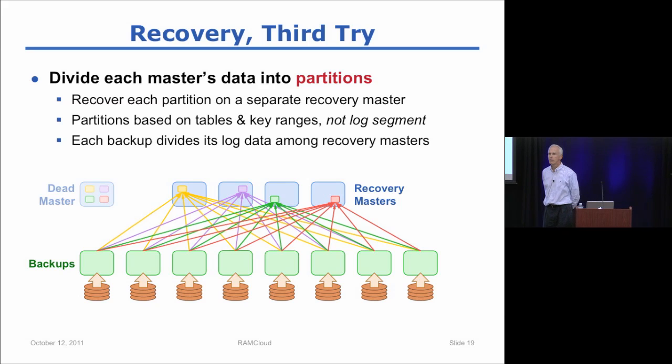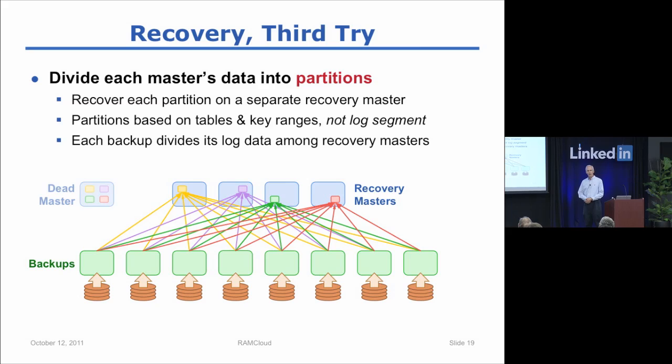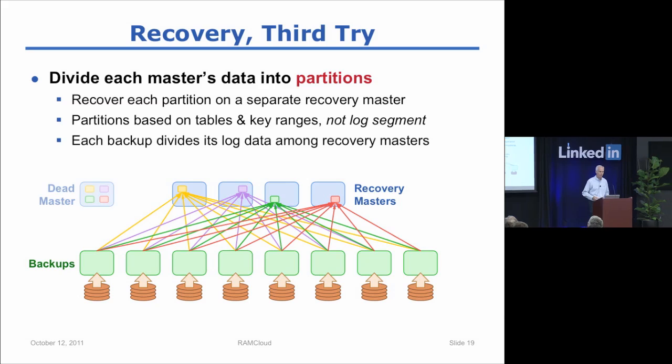Doesn't the coordinator tell the application machine already that you need to talk to this master, write this data? Doesn't the coordinator already have that information since it's telling the applications? It does, so it knows which tablets are stored on which master, but what it doesn't know is which of them have lots of data in them, which are small. Suppose a server just has one big table that it stores. How can I divide that table up into 10 equally sized pieces to assign to recovery masters during recovery? So it doesn't have information at that level of detail.